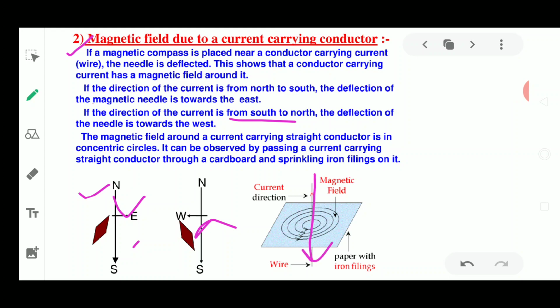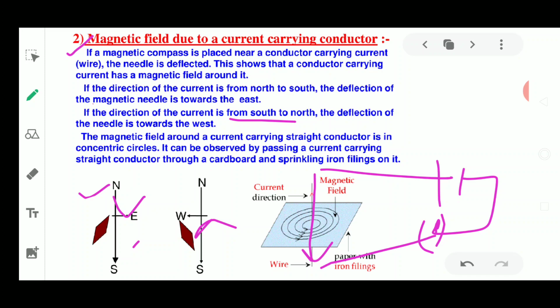An electric wire has to be moved inside through this cardboard, and you have to connect it with a battery, then it has to be connected with a switch, okay, and it is to be connected from the other end of the electric wire. Now what you have to do, you have to switch it on. Switch it on means you have to pass the current in the circuit, and then you will see what behavior is going to be shown by this electric wire regarding the magnetic field.